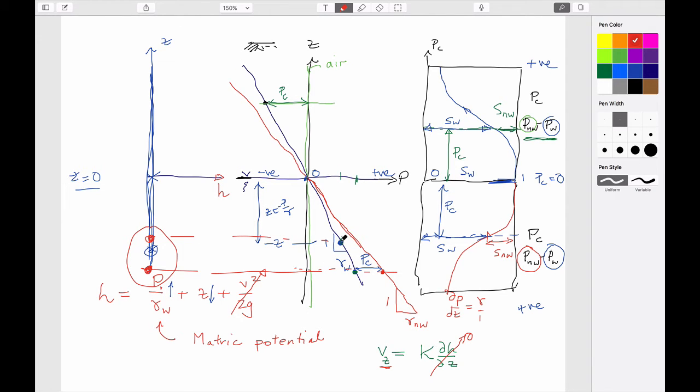So if it was water and the gradient had to be, your measured gradient in the water was now, I